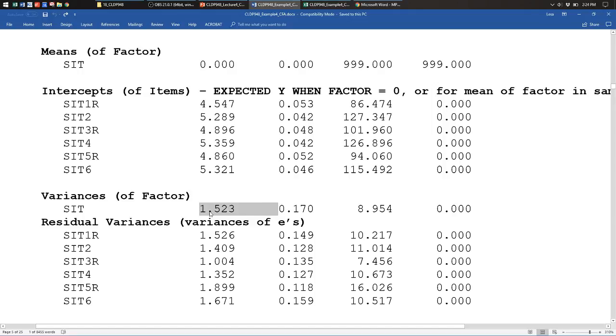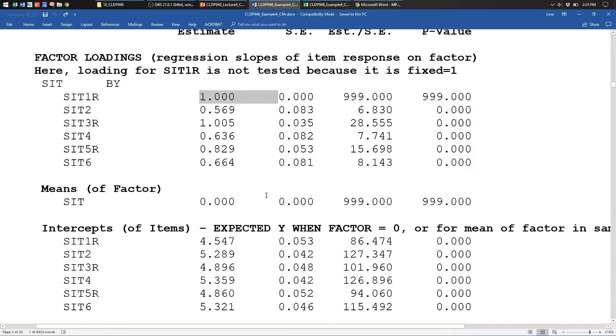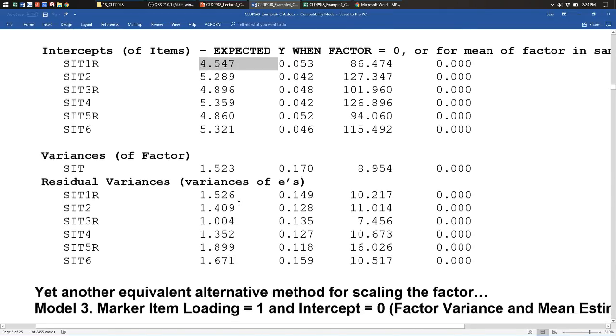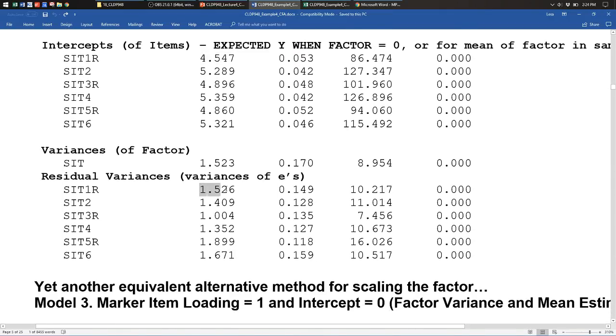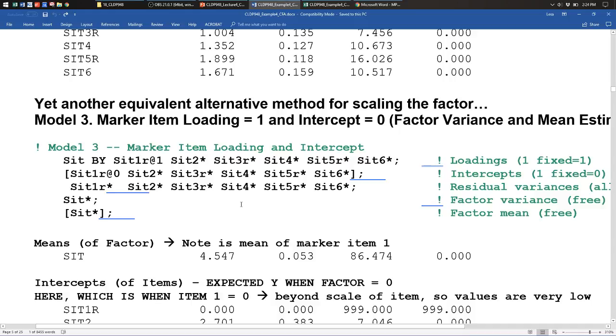But this is the software default, I think, in most cases, is to estimate the factor's variance and fix one of the loadings to 1, usually the first thing you write. The intercepts are still the means because the factor mean is still 0. The residual variances are still the same because it's still the same amount of variance that's due to not the factor. And then last but not least,